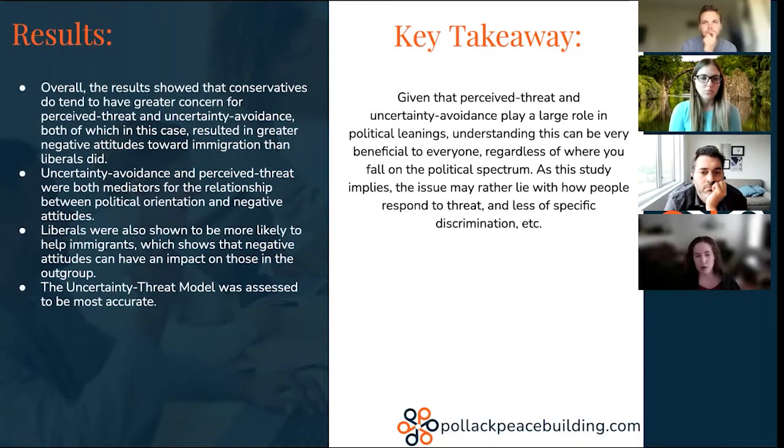So overall, there was kind of a leaning that if you have a higher sense of perceived threat and uncertainty avoidance, then you're more likely to be conservative in some regard. And then they used the uncertainty threat model, and that was assessed to be the most accurate throughout all of these studies. But the biggest thing, I think, and I like that they brought this up at the end, is